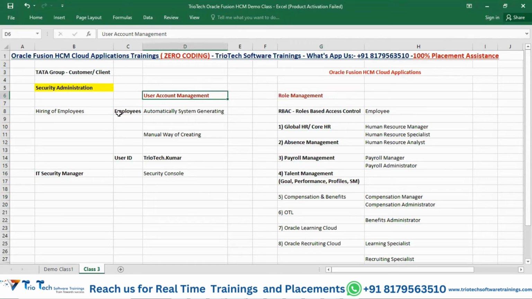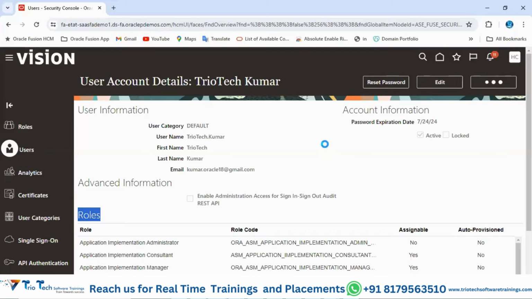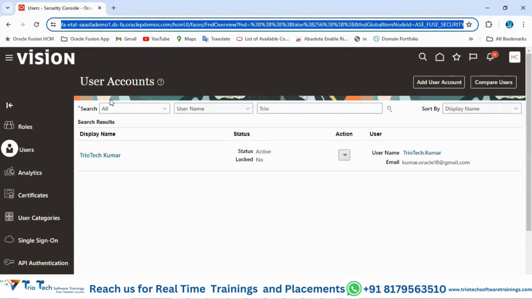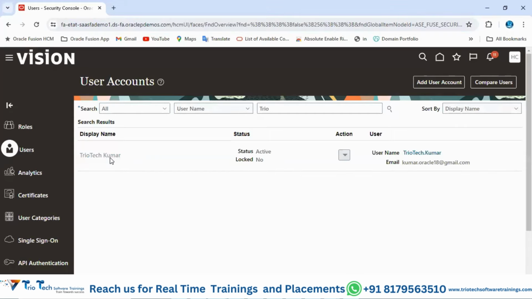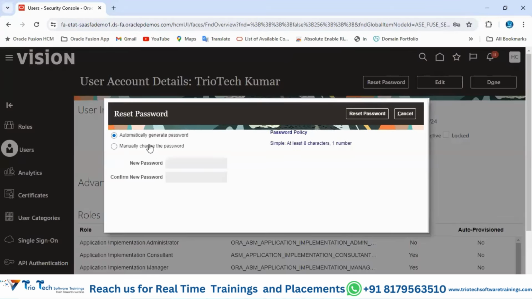Now coming to the user account. We created the user account. What else should we know here, team? By going to Add User Account, we can create the user account. Now, after that, as an admin, if you want to make any changes, as I told, you can click on that user. Then as an admin, if you want to reset the password of that user, you can go to Reset Password and you have the option,